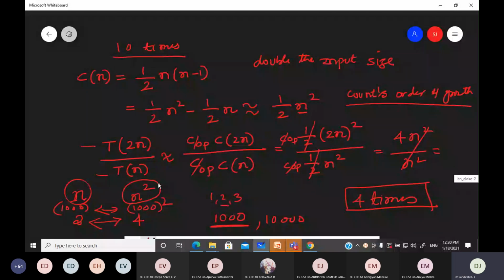Even if you are talking about Euclid's algorithm, it is better than the other two algorithms we have discussed: consecutive integer checking and finding the factors. Which one is better? It is not clear for smaller inputs. Only if the input to the algorithm to find the GCD is large will you be able to say which among these three algorithms is better. So we actually concentrate on basic operation counts and orders of growth.